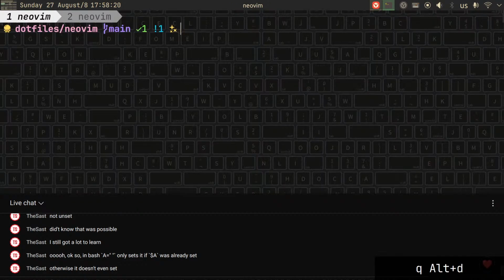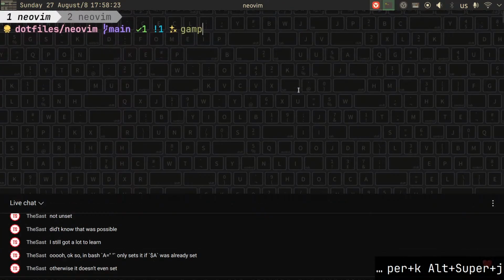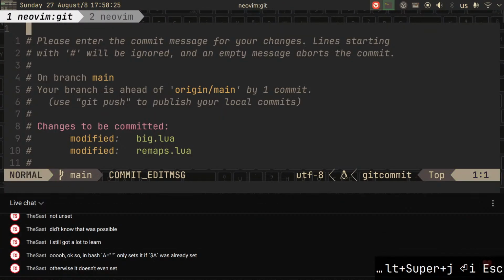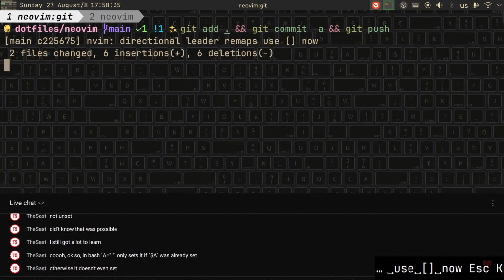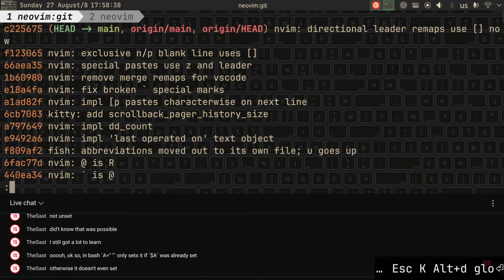Okay, yeah. Directional leader remaps use now. Okay, let's look at this. Remove merge remaps. I don't even remember them, so I don't need to write that in. Special pastes use Z and leader. Okay, so Z